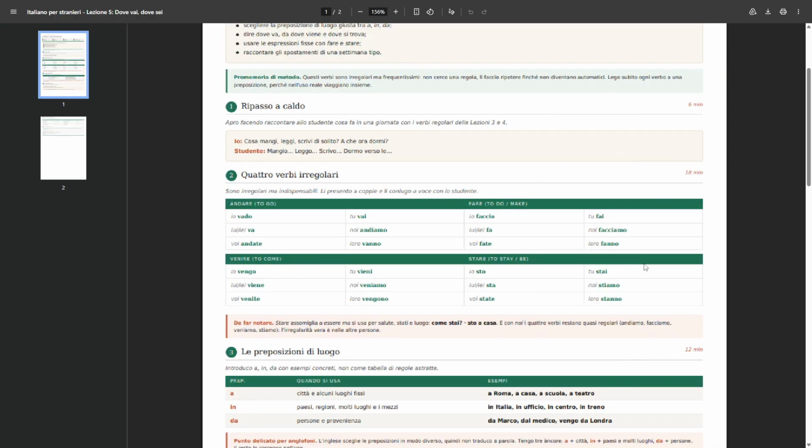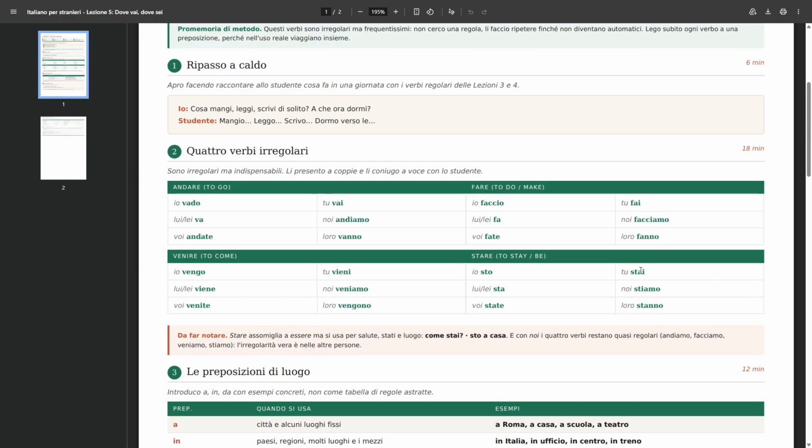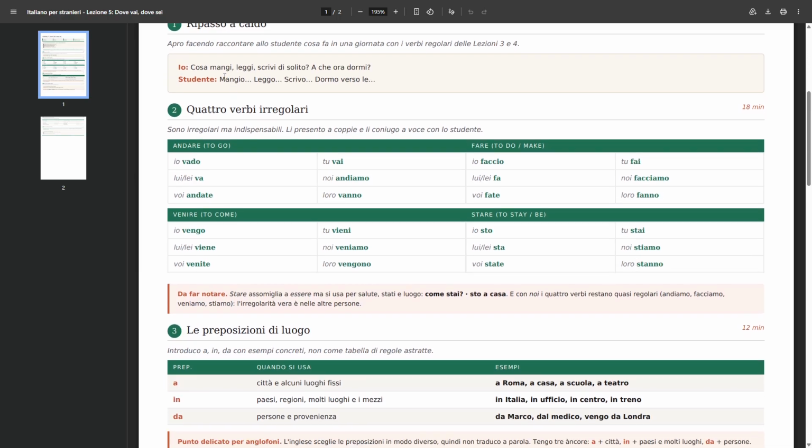So, here we have our fifth lesson, and we have some irregular verbs right now. Four verbi irregolari. So, irregular verbs, four irregular verbs, quattro verbi irregolari in Italian. So far, we have seen the three types of infinitive verbs, are, ere, and ire, and how they are conjugated in the present simple in Italian. Now we're gonna see irregular verbs conjugated in the present simple in Italian, obviously.